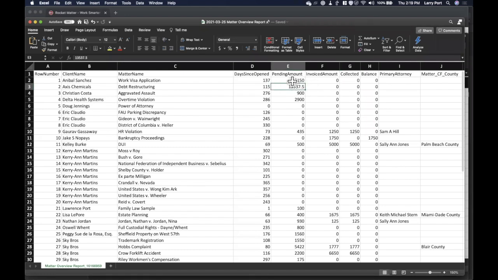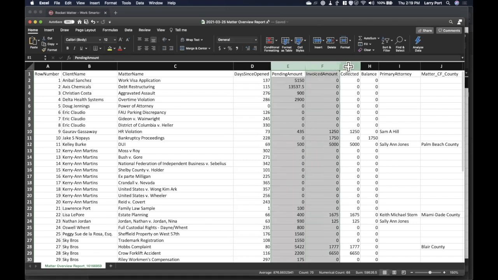So instead of going through and dragging, I can select all of these columns. If you hit the letter, then I'm selecting everything in column E. And if I hit the shift button, I can select multiple columns. So right now I'm selecting multiple columns because I'm holding the shift button down while I'm selecting them, right?